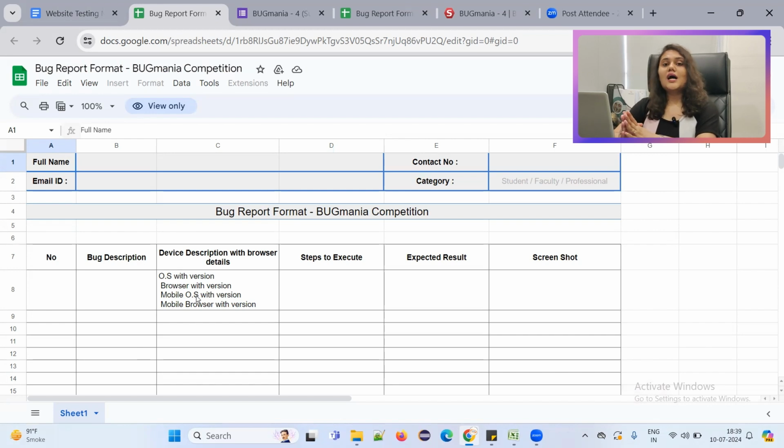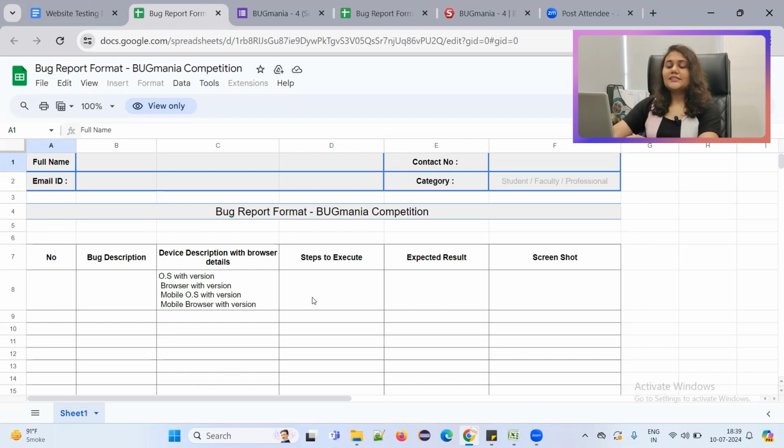Now, if you are checking in your mobile browser, then you have to write the description of your mobile device like Android 14 or iOS 17, and the browser on your mobile, that is Chrome 126 or Safari 17. So you have to mention the phone OS as well as the browser version.